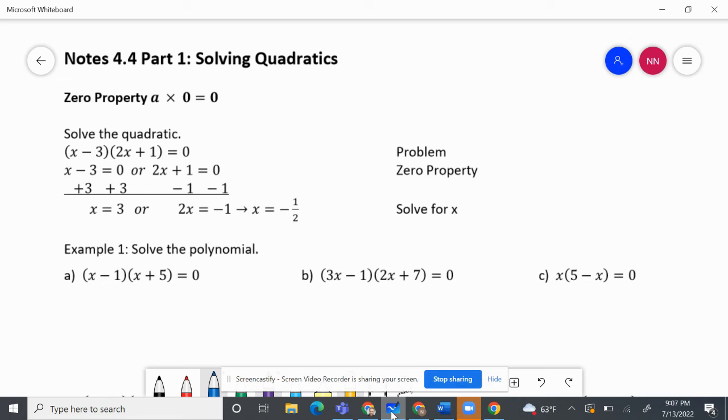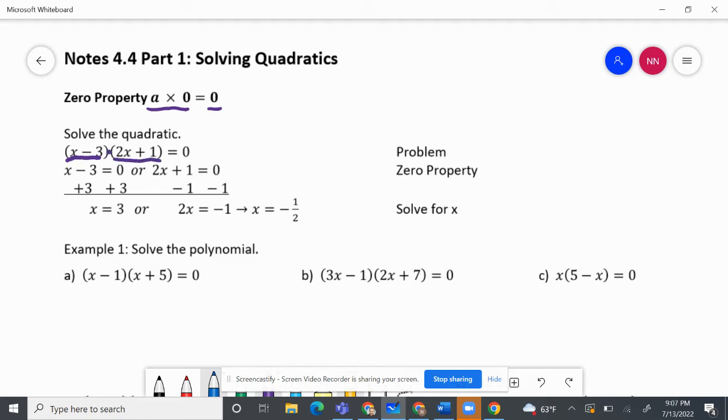We're now going to be solving quadratics. In order to solve quadratics, what we need to do is set it equal to 0, so we can use the zero property. The zero property states that anything times 0 is equal to 0. Why that's helpful is because after we factor, what we have, in this case, are two binomials, and they're multiplying